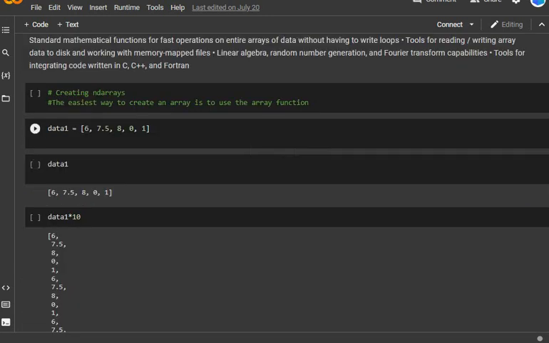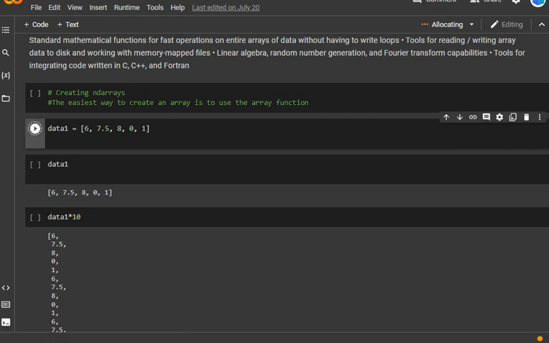Now I am going to make a list. I have written data1 as a variable with 6, 7.5, 8, 0, 1, where 6 is an integer and 7.5 is a float. We can easily print the data here.